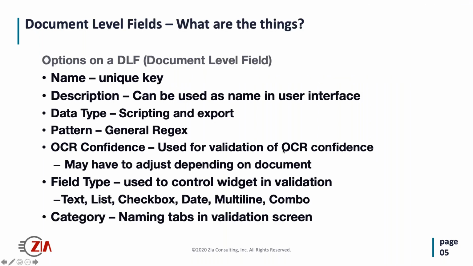All right, enough of that. So let's start talking about Ephesoft Transact. One of the things that I started looking at over the course of the last week is all the options that you can have when you're looking at a document level field. If you're not familiar with Ephesoft, essentially you can create a document. That document can have classification capabilities as well as assembly.